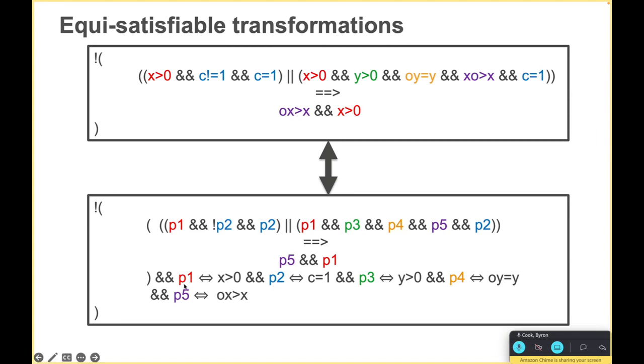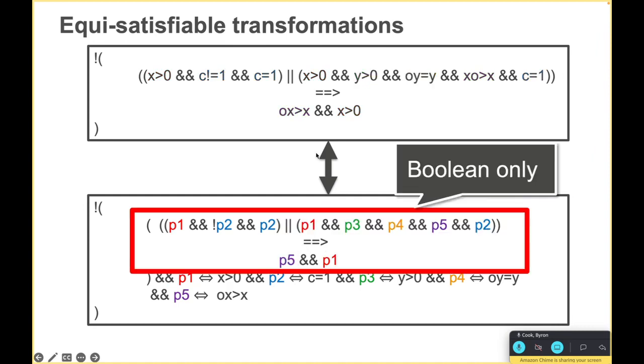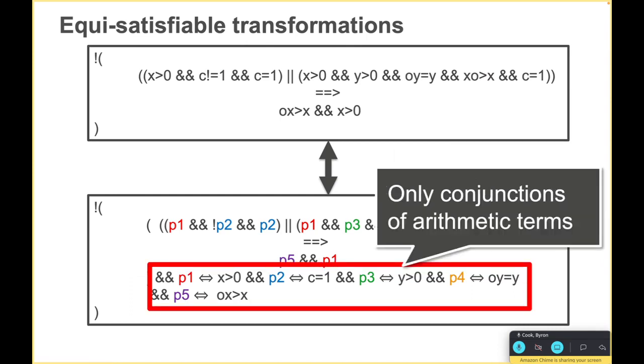Basically, I've applied predicate abstraction, right? For x positive, I've said, let's let that be p1, and then use p1 rather than x positive. And so I have a Boolean-only part of the formula,